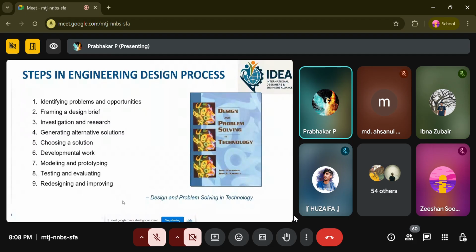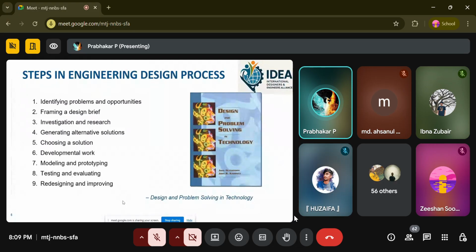The first product developed for testing, we call physical prototyping. Virtual prototyping is also involved, which is nothing but finite element analysis solutions, like CFD analysis, FEA analysis, and electromagnetic simulation, EMI/EMC analysis. All these virtual simulations also fall in. Then you'll be testing, evaluating, and redesigning. Once you find the physical product result, there may sometimes be some redesigning, some improving options,